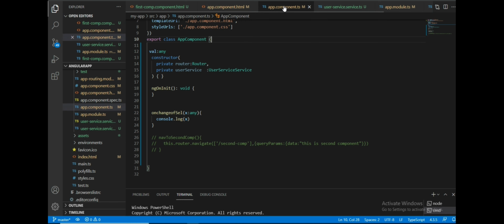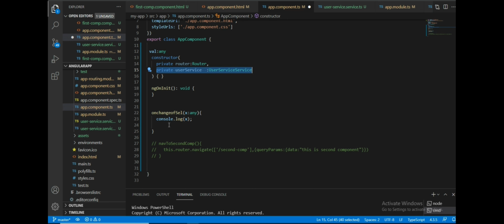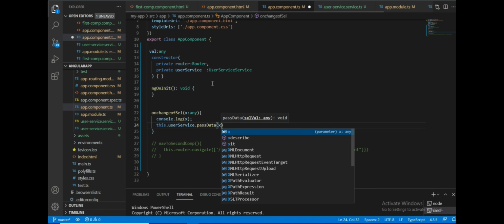I need to first define it in this component. Anyway, I have already defined a user service here. In the same way you need to import it in the constructor too. So here we will give this.userService.passData, whatever the function we have, and we will pass the data from here.